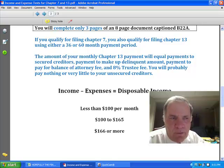then you qualify for Chapter 7. If you have more than $166 left over each month, then you have to pay a certain amount to your unsecured creditors during the Chapter 13 plan. If you fall in between, if your disposable income is somewhere between $100 and $165 a month, then we look